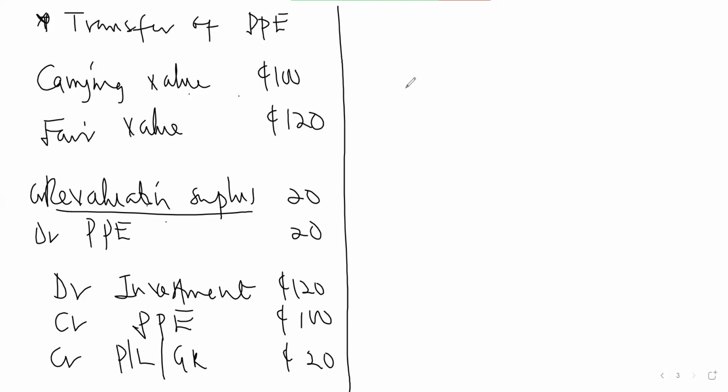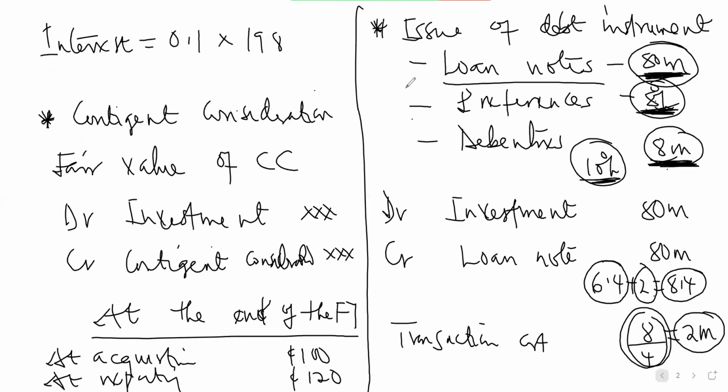Okay. As far as you are transferring the PP, you are not going to have the PP in your books again. So you now have to de-recognize the PP from your books. How? You go and credit the asset account, because PP is going to have a debit balance. If the question says that this has not been recognized, you pay attention to how they will be saying it. If they say this has not been recognized, it means that you are now coming to do it. But if they say this has been recognized already, it means that you don't have to subtract anything from the asset. So for all of these ones, the treatment applies if the transaction has not been recognized.